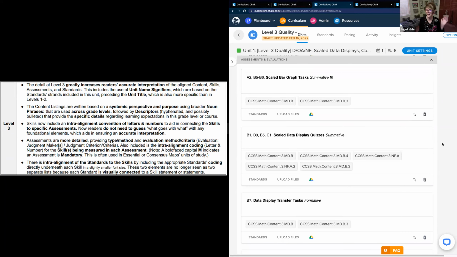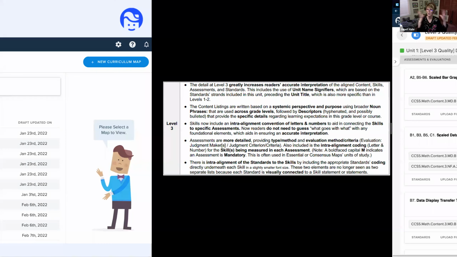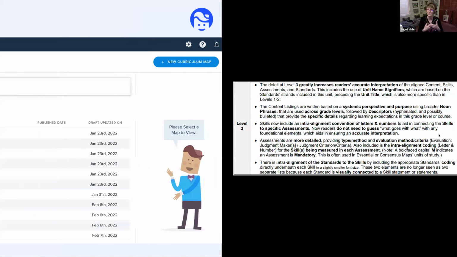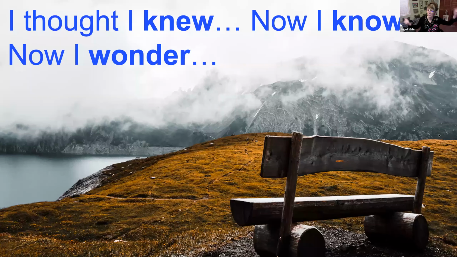So with that said, why don't we pop over and give everybody a little chance to kind of process a level 1, a level 2, and trying to get to a level 3. Now you'll notice I don't have any blue yet, because there are some places that maybe don't want to do that inter-alignment piece, or to start with that. So I'm not saying it's not a good map if you don't. What's quality? Quality is all about that intra-alignment and enough detail. So let's go ahead and take a few minutes to process what I've shared, because I do want to show you the level 4 and 5.